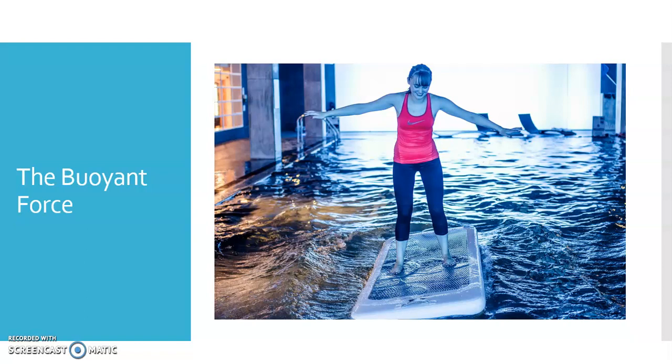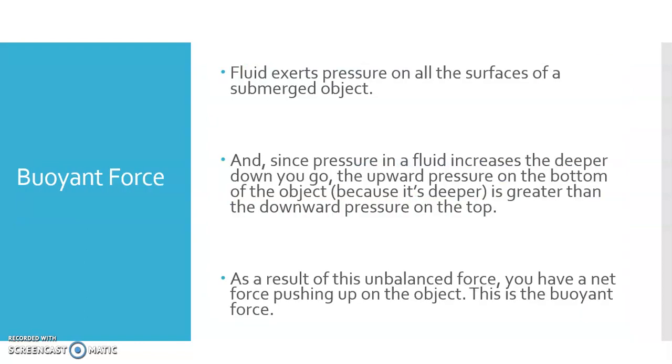The name of this upward force exerted on objects submerged in fluids is called the buoyant force. So why do fluids exert an upward buoyant force on objects that are submerged? It has to do with differences in pressure between the bottom of the submerged object and the top of the submerged object. So we know that fluid exerts pressure on all of the surfaces of a submerged object, on the